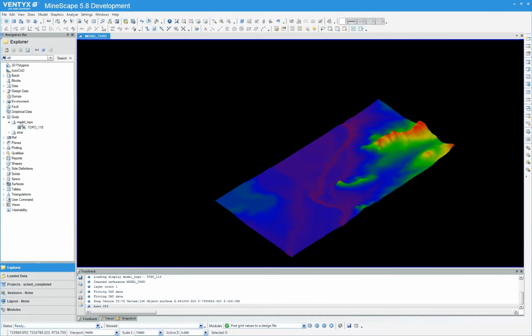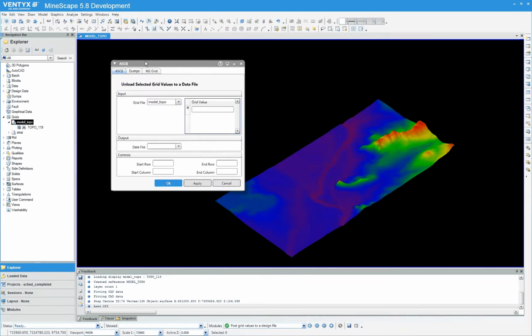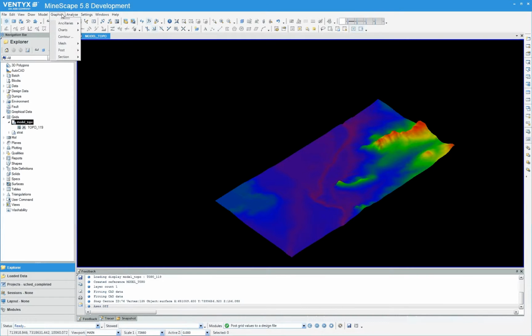So probably the most straightforward way would be to do the export, and export it to a text file, and then import it from the text file as just points. But it's rather long, and we would not consider it as a possibility. The other one is graphics mesh grid,